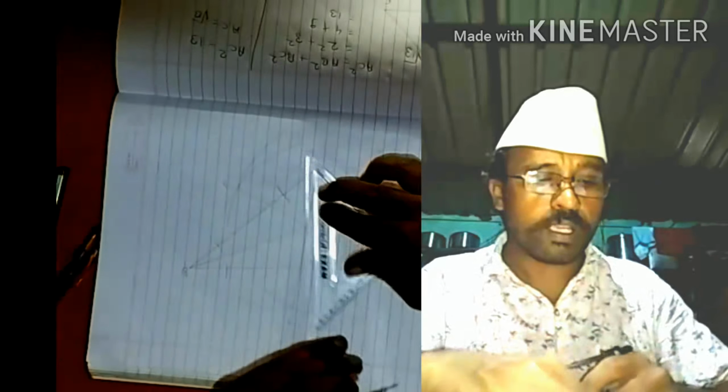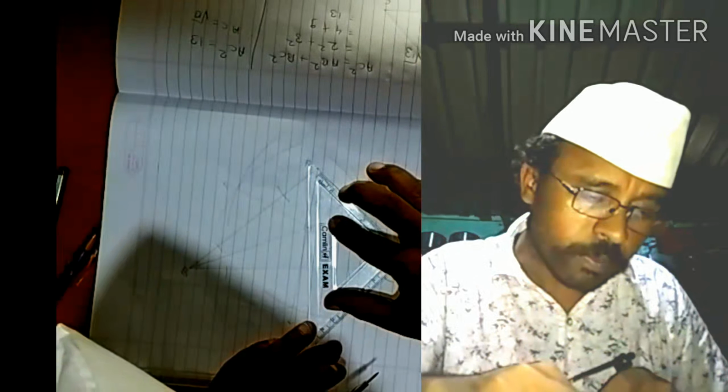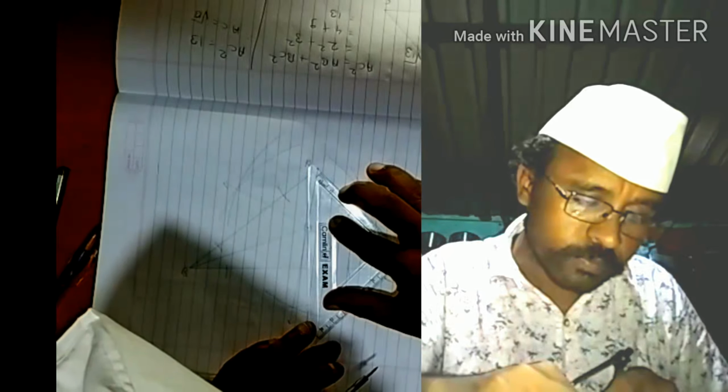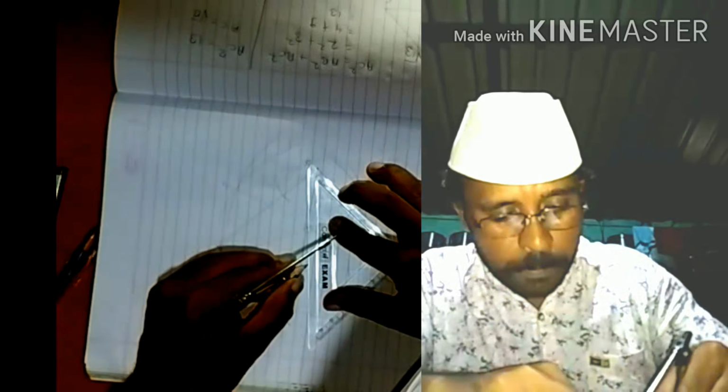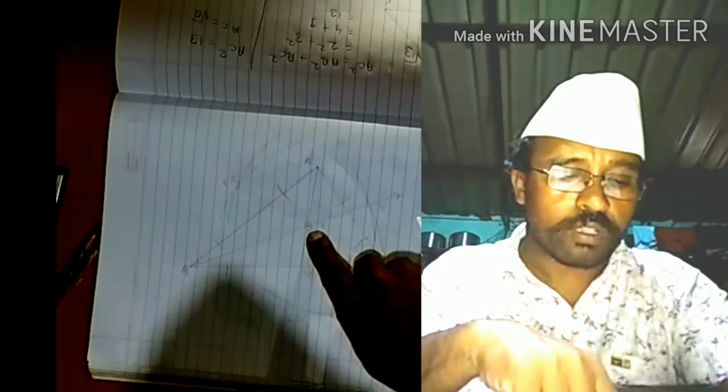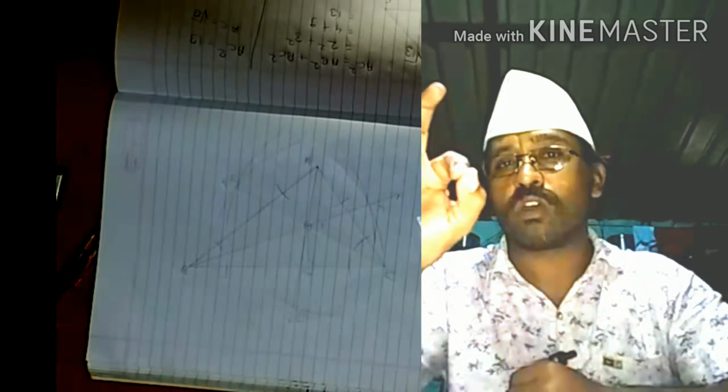Okay guys, now let's draw a perpendicular from this point. If I draw this perpendicular, here it will be a 90-degree angle. Let's say it has points A, B, C. This is D, this is E, this is F, G, IG. Now I have to consider I as the center of the circle. Listen, I should be the center of the circle and I to G, whatever is the distance, that should be the radius of the circle.